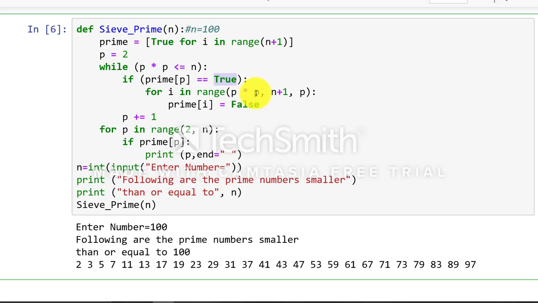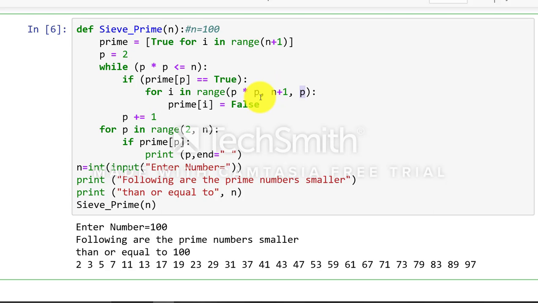So we are going to filter out all the multiples of 2. So the next multiple of 2 is 4. So first, consider 2 as a prime number, and the second multiple of 2 is 4. So start with 4, from 4 to 100, in steps of 2, so the first number is 4.